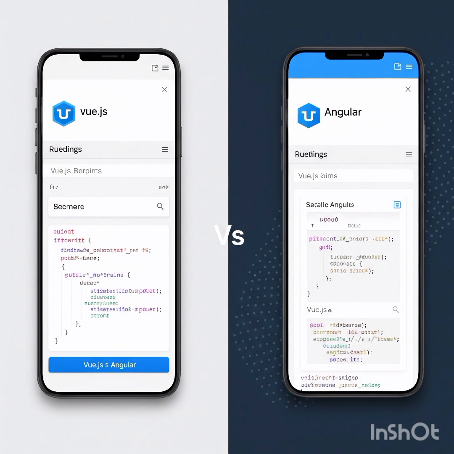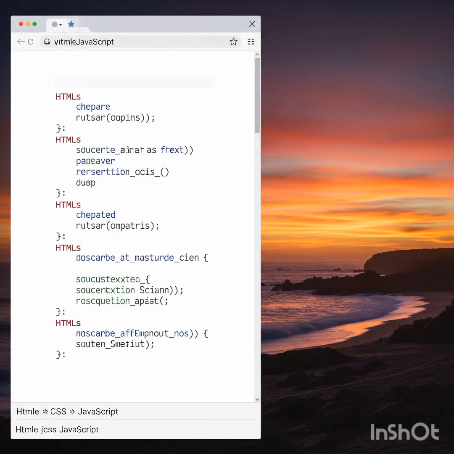Plus, they're really good at updating only the parts of the page that change, which gives you that smooth, fast user experience. What's interesting, though, is that they aren't all the same. Like React, which came out of Facebook, it seems very flexible, massive community, lots of options. Yeah, React gives you a lot of flexibility. It's technically a library, not a full framework, so you often piece together other tools with it. Great for complex apps where you want that